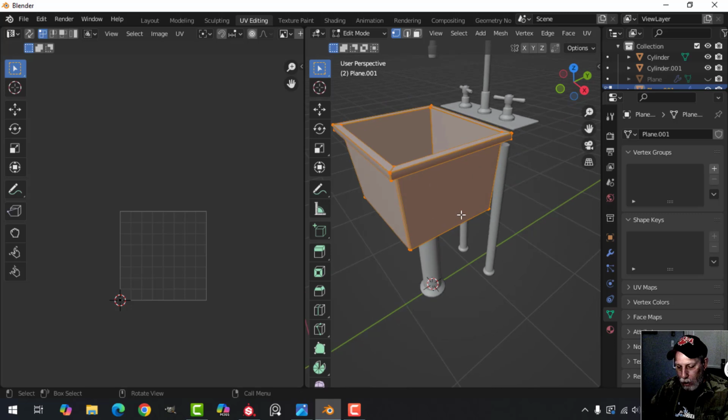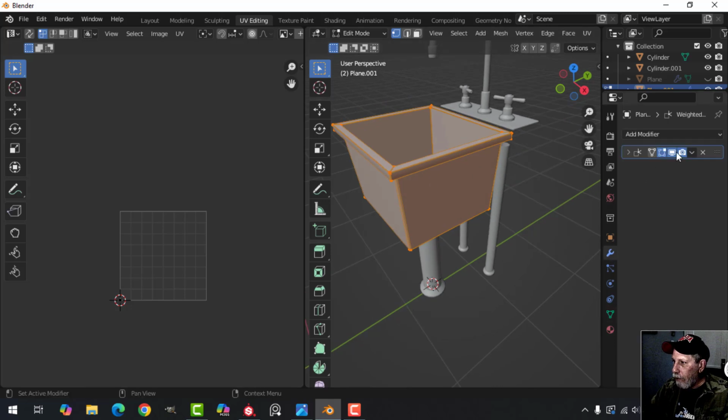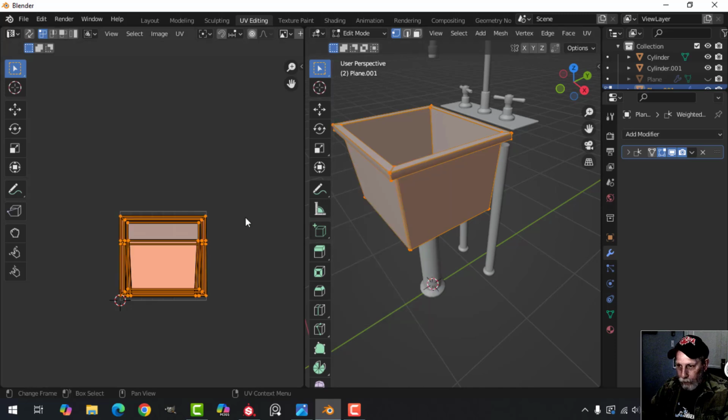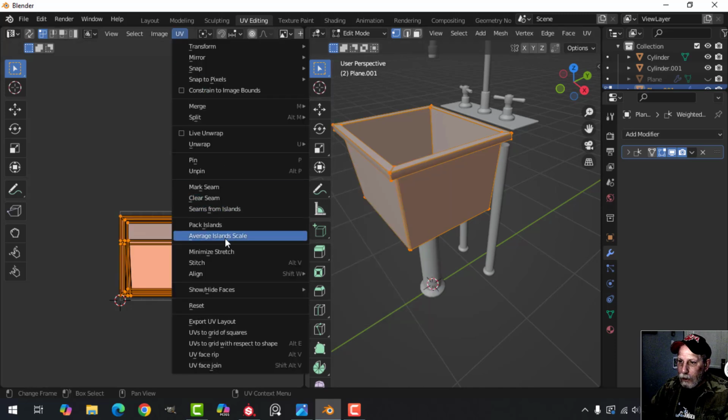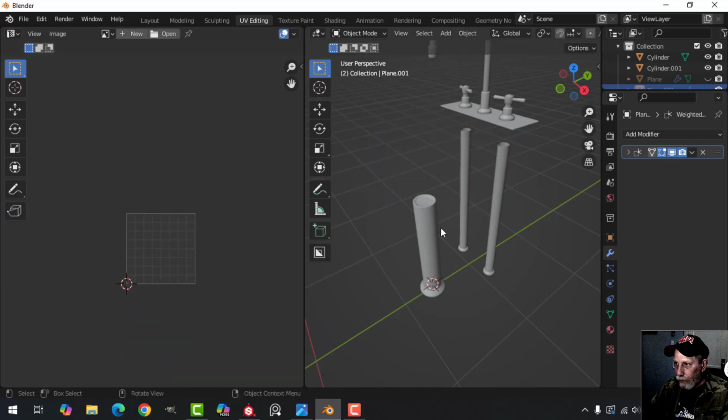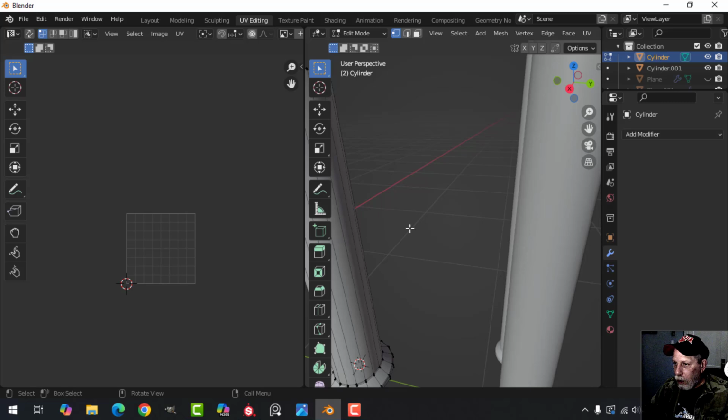Let me do the same thing on this. I've applied the solidify. I'm going to cube project it and pack. Make sure you select it all. Just move it out of the way. H. All right, these things,